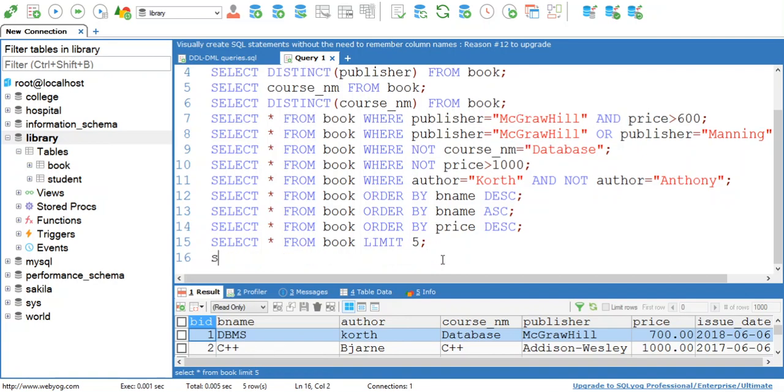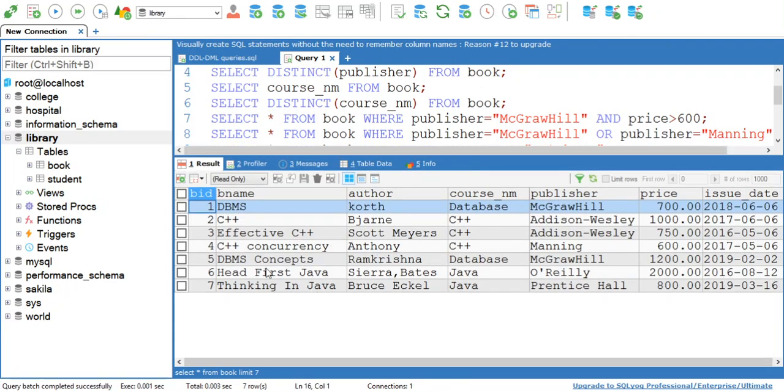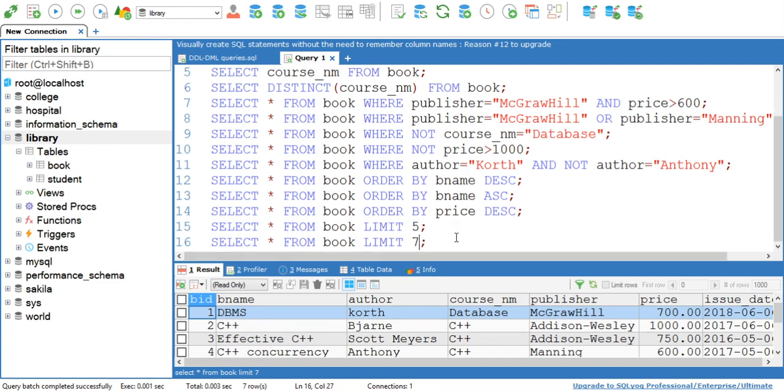Okay, now if I write select star from book limit 7, then it will display data for first 7 books only. Here at the output you can see data for 7 books are displayed. Okay, so this is how we can use limit keyword. With limit keyword you can specify condition also. See, I want to display data for 3 books where publisher equal to